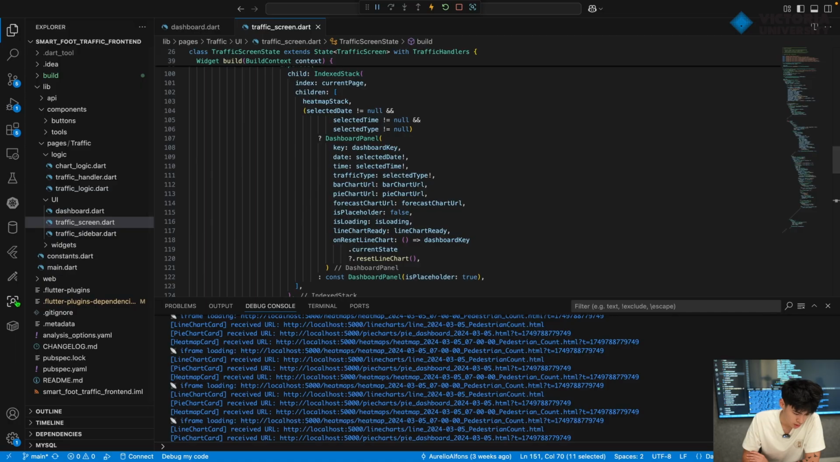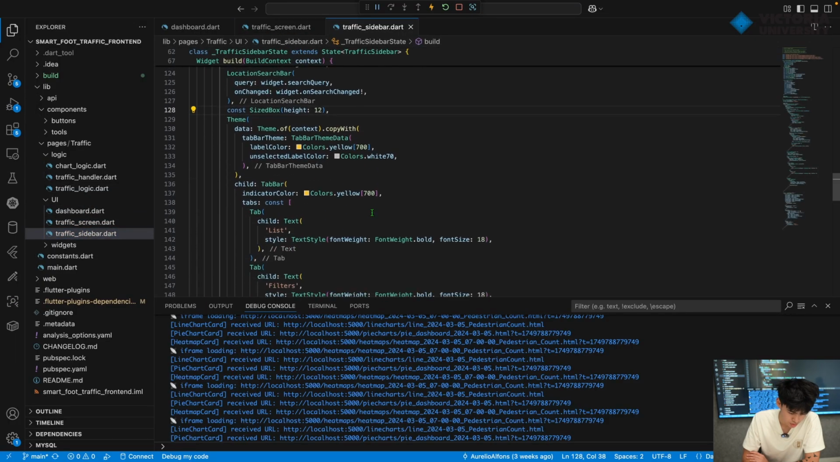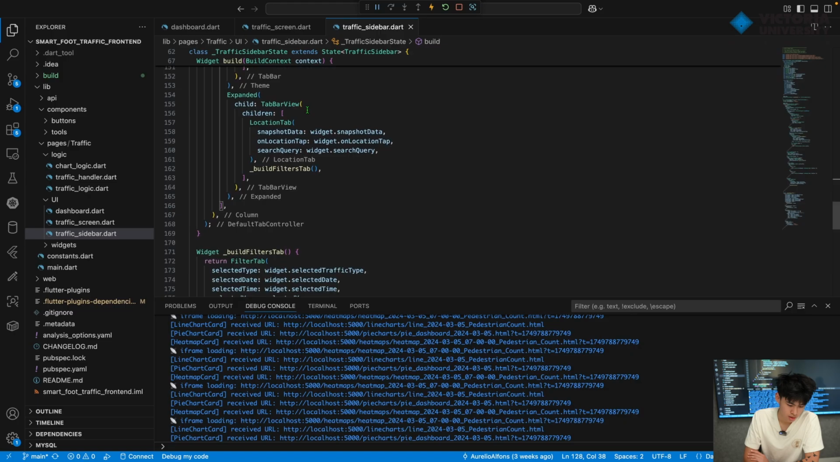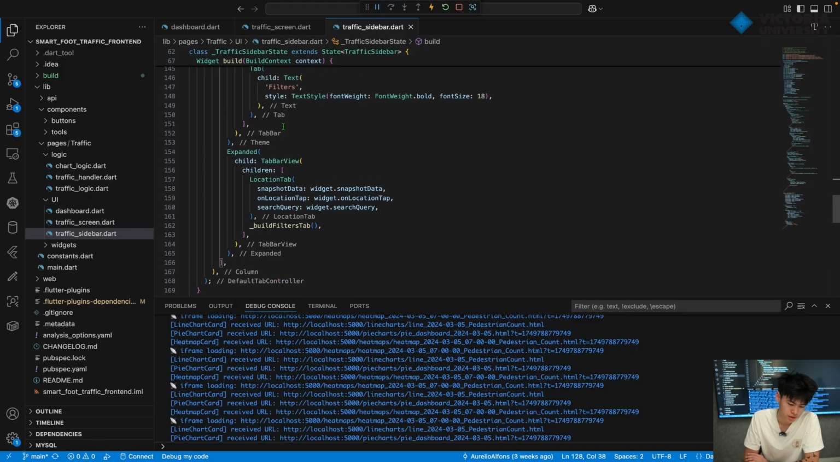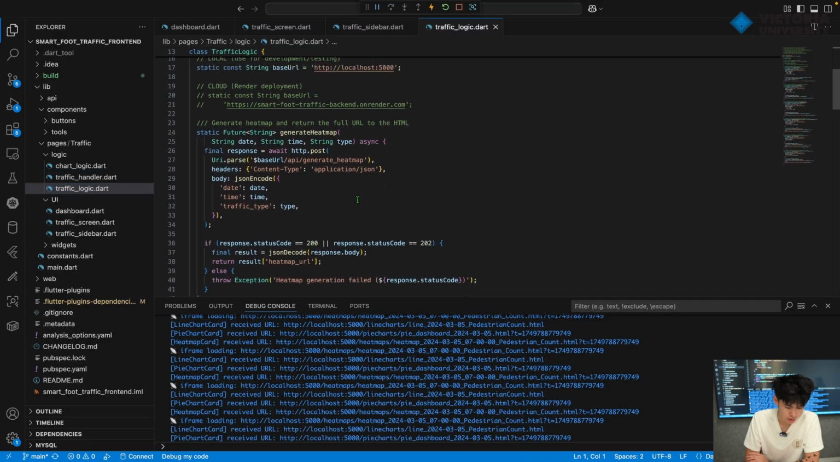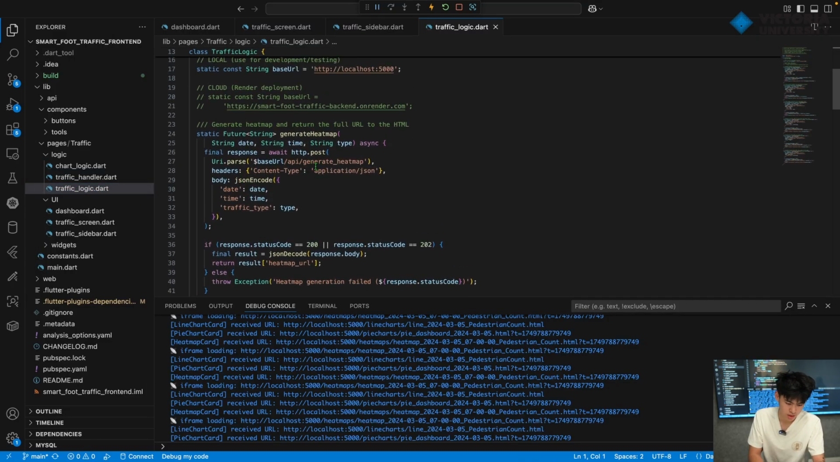Index tag and the sidebar, traffic sidebar. We do have the tab, the tags, the list and the filters. And upon entering the website, the first step is list. And for the logic, we got the traffic logic here that will call the API, this API generate heat map,